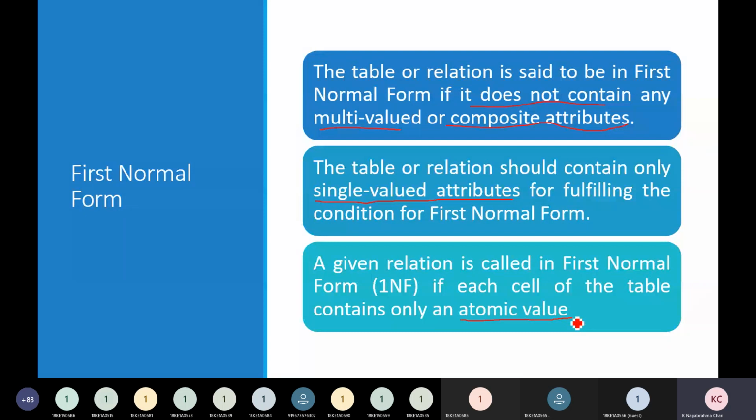That we can define as a table in first normal form. If any table has multi-valued attributes, we cannot say it is in first normal form; it is just a normal table, not one produced by the normalization technique. So that is first normal form. Okay, understand?